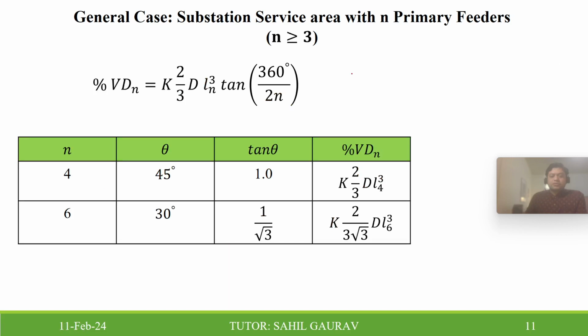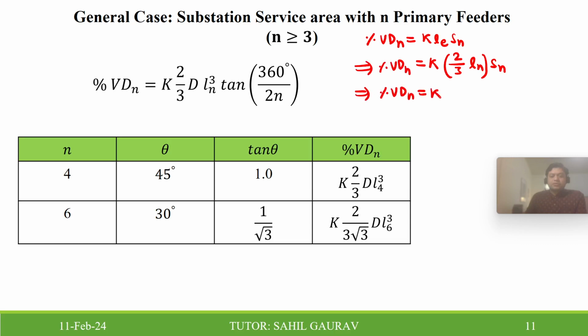How are we getting this expression? I will just write it. Percentage voltage drop, we got K into L_eff, and we know that for uniformly distributed load with triangular service area, effective length is 2 by third of ln into Sn. So percentage voltage drop is 2 by third ln, and Sn we can write d into An,